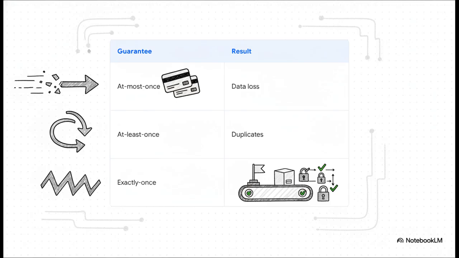At most once is super fast, but it means you might actually drop events. At least once guarantees you won't drop anything, but if a crash happens, a retry might cause those dreaded duplicate payments. To fix this, modern stream processors use continuous checkpointing, saving their exact offset and local state to durable storage, combined with idempotent writes. This achieves the holy grail, exactly once semantics. Even if the entire thing crashes, it resumes and outputs data as if the failure literally never happened.